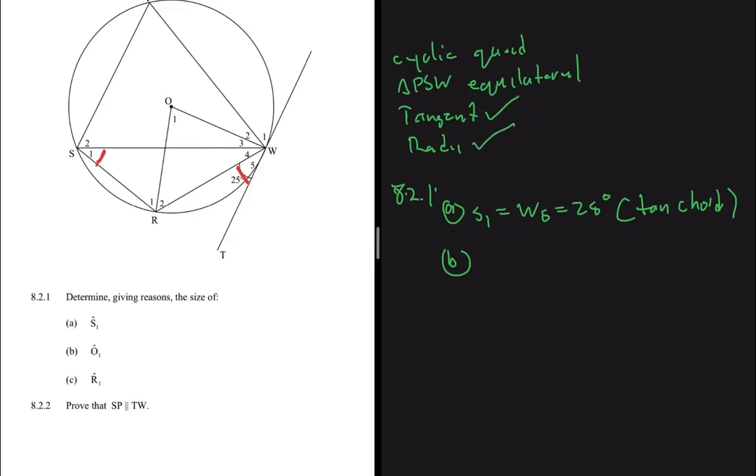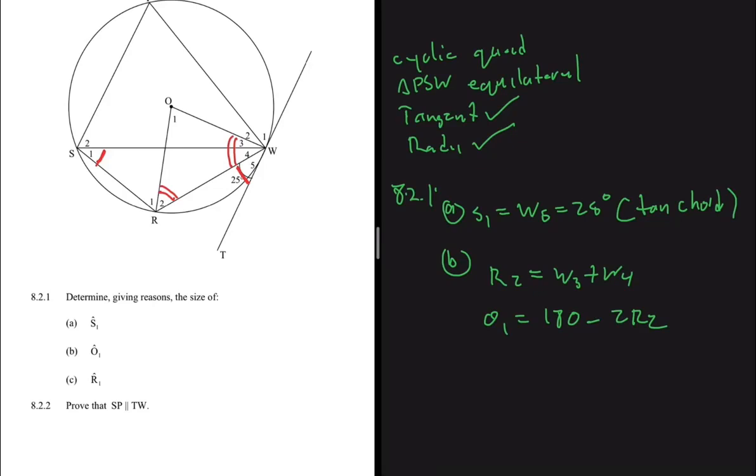Obviously, OR and OW are equal to each other. So angle R2 will be equal to angle W3 plus W4, right? We're saying that this angle here is equal to this angle here. So now we can say that O1 is equal to 180 minus 2R2, right? Because we're going to minus R2 and we're going to minus W3 plus W4. But we know that W3 plus W4 is equal to R2. So minus 2R2. So if we can find a way to find R2 or W3 and W4, then we can